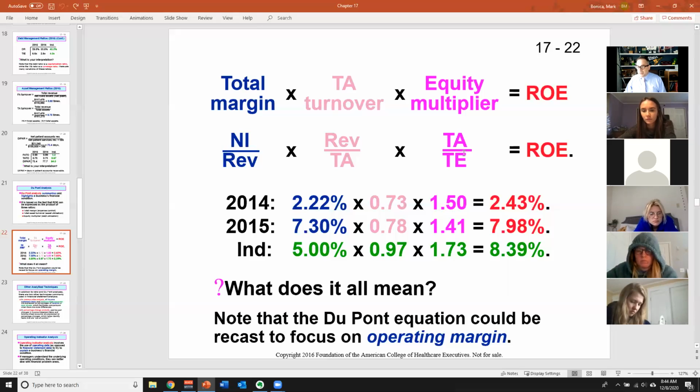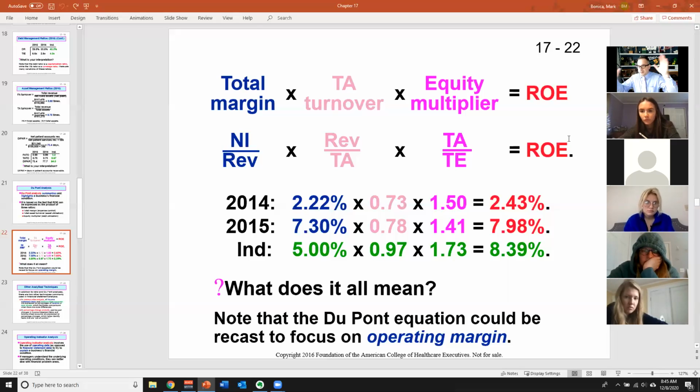So some organizations, and I'll show you an example of that next time, but I'll give you the punchline away. Catholic Medical Center, I'll compare them to Exeter Hospital. Catholic Medical Center had a higher ROE than Exeter Hospital in the years that I've got data for. But Catholic Medical Center is hugely financially leveraged. They've got a ton of debt, whereas Exeter is fairly conservative and has very little debt. So when you control for the amount of debt that Catholic Medical Center had taken on, their ROE falls back down to right about where Exeter was. Okay,